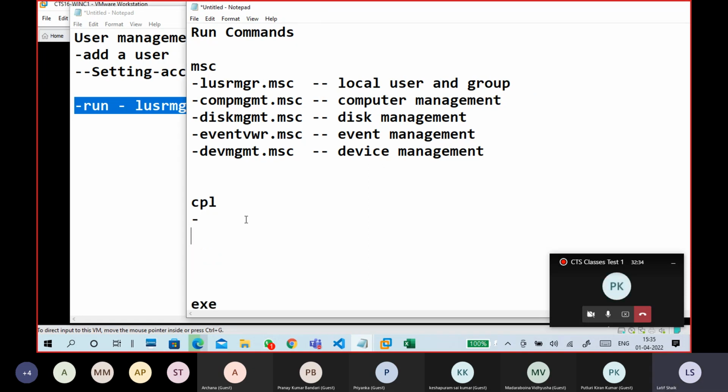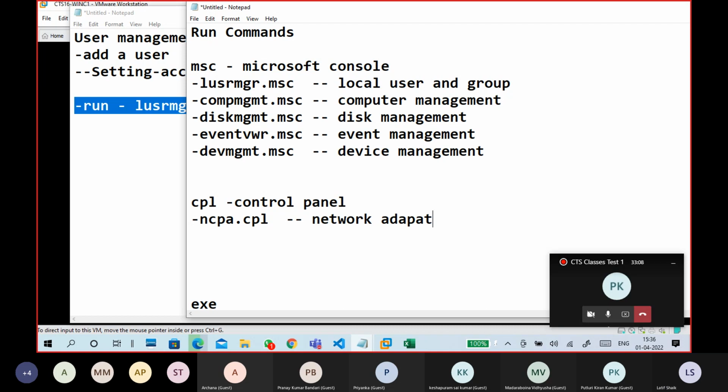CPL type means CPL means control panel. MSC, Microsoft Console. Okay, so any control panel object's extension is .cpl. ncpa.cpl means your network adapters.